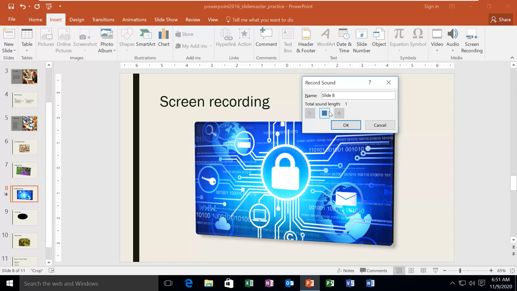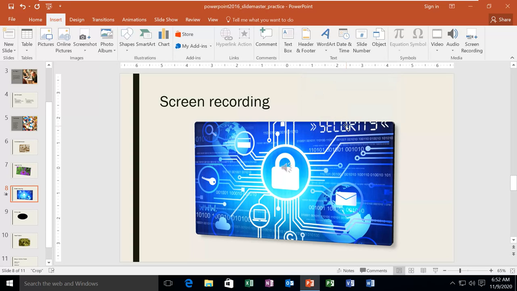Now it is recording my voice and you can see the time here. Once you are done, you click stop. Now you can hear what I have recorded. Then you can click OK, and again it is showing here.